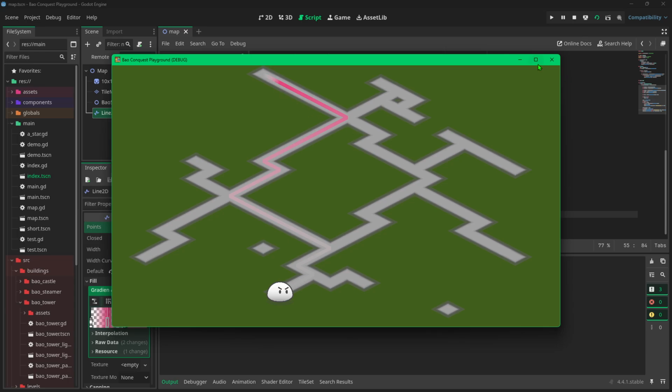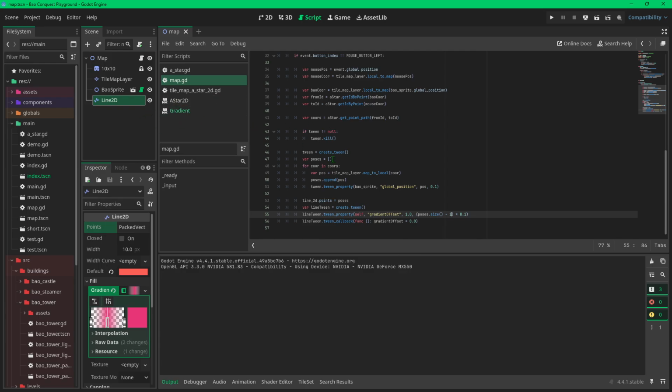Now we can hide the line after our sprite finishes the animation. So here we can add one callback, also a lambda, and the Line2D hide.